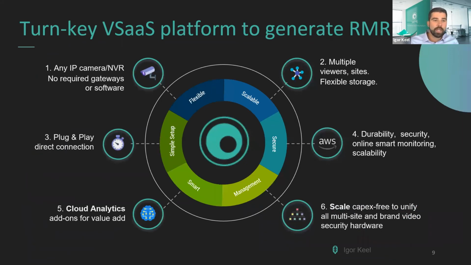Finishing off with the last slide, let's bring it back home and summarize the 6 main pillars of the 3DI turnkey platform. Number 1, it's compatible with any camera or recorder without any additional hardware or software investments. Number 2, ideal for multi-viewer scenarios without applying any additional strain on the local network. You can give access to unlimited viewing users with flexible storage options. So like I mentioned before, go cloud only, go hybrid.